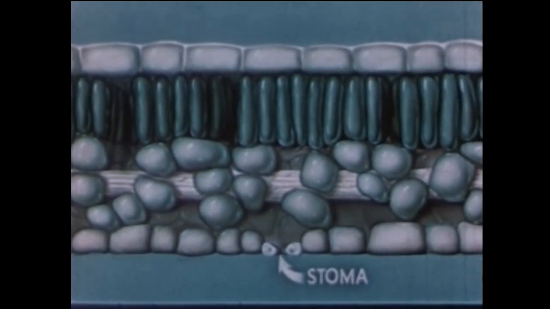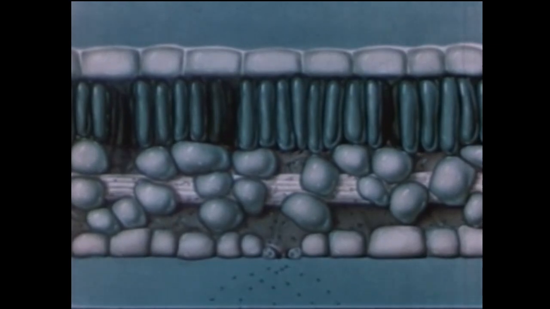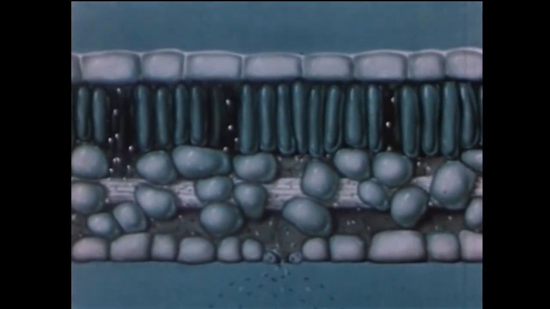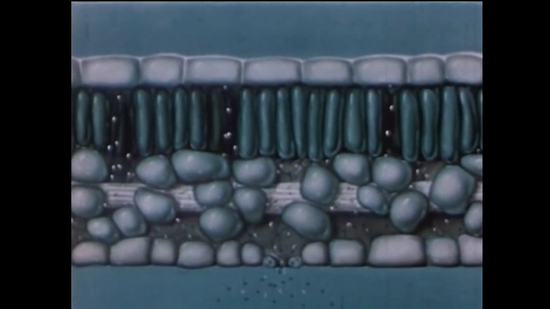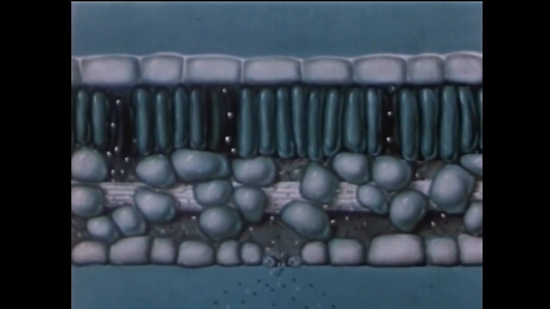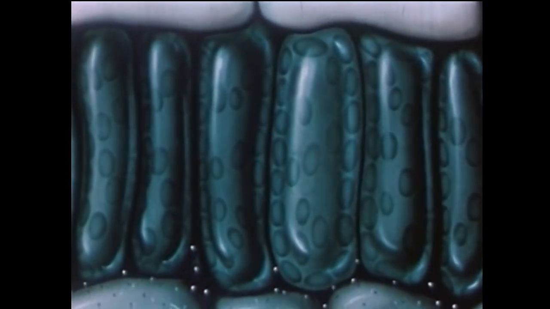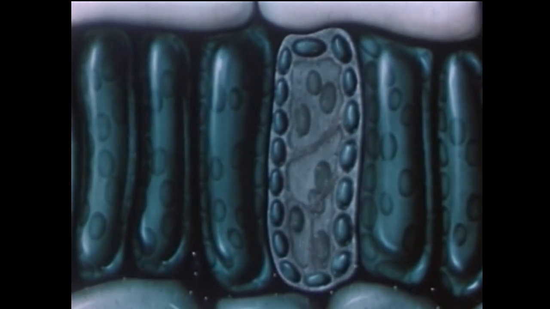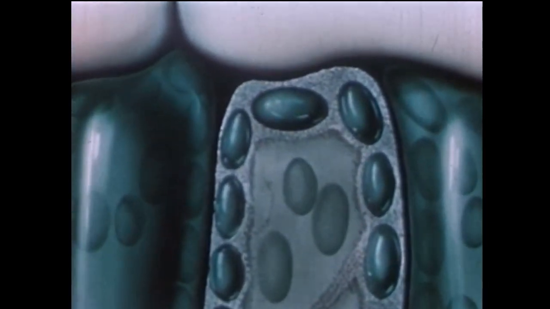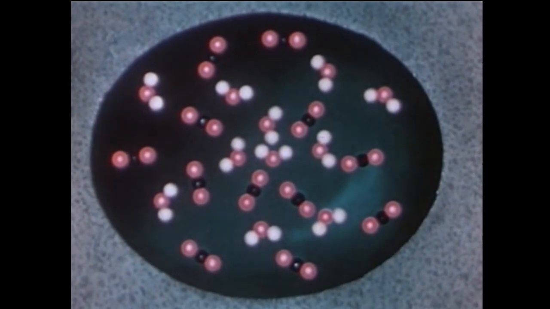Through thousands of such pores, air, with its particles of carbon dioxide gas, enters the plant and makes its way into every living cell. Through these same pores, part of the water drawn from the soil escapes into the air. Enough water is retained, however, to permeate every cell of the leaf. The carbon dioxide and the water finally reach the living chloroplasts. Here they are. Many, many molecules of carbon dioxide and of water inside a chloroplast.